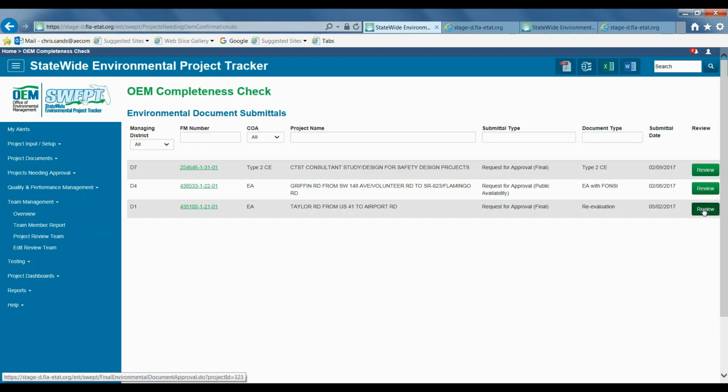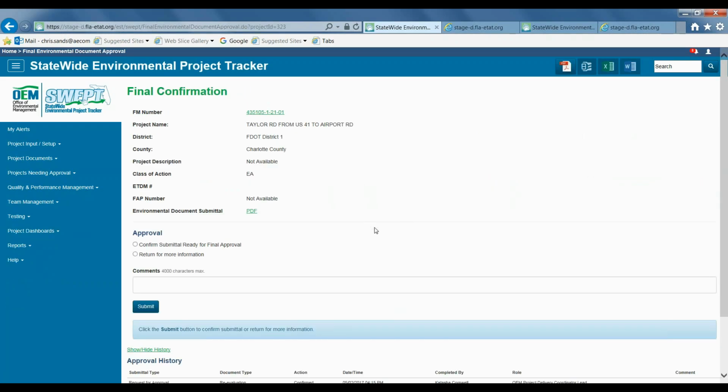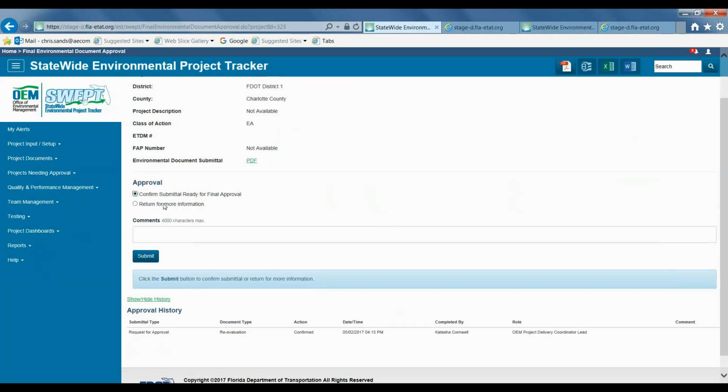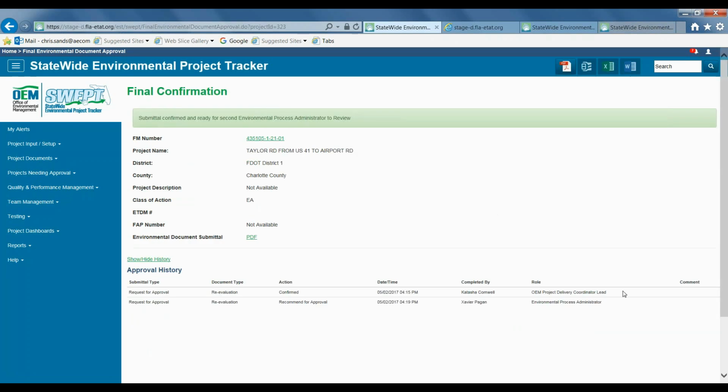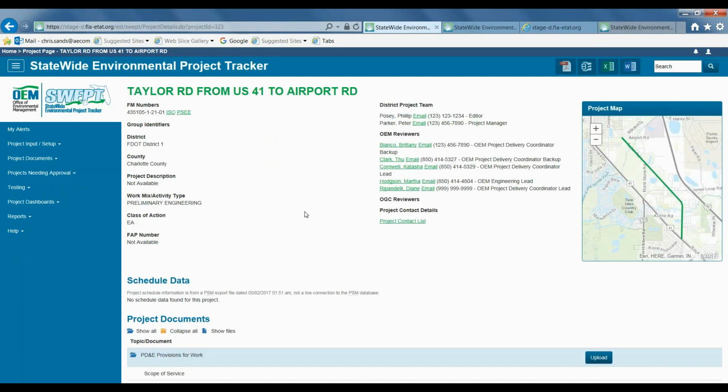I can click the review button, review the project in the same way that was done before, click Confirm, and then Submit. To complete the review, this project will need to be reviewed by the OEM Project Delivery Coordinator, lead or backup, 2 environmental process administrators, and finally the OEM director. When all the signatures are completed and the notifications received that the final signature from the OEM director has been given to the project,